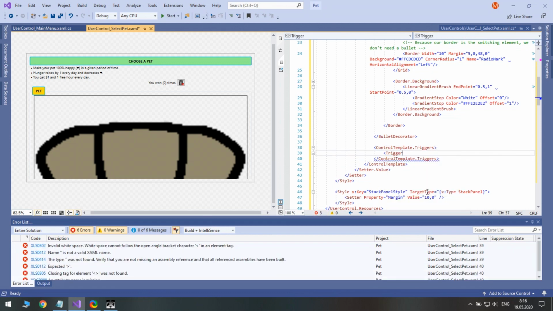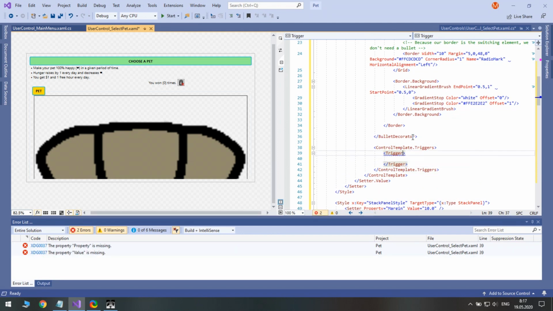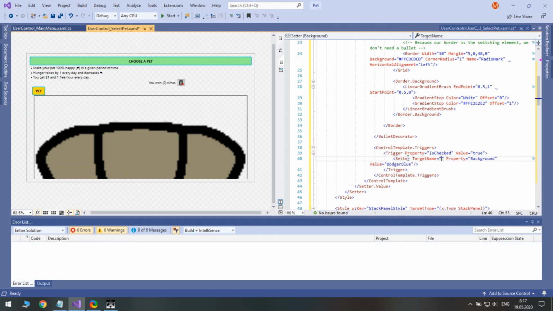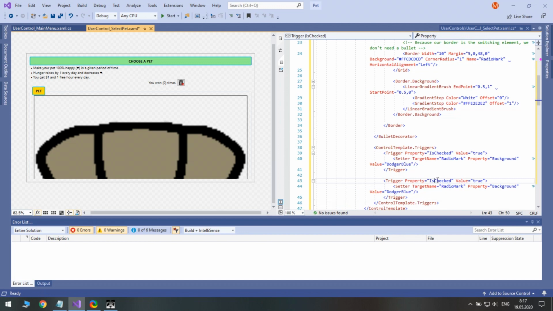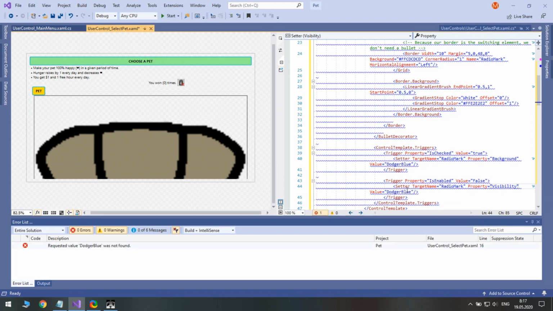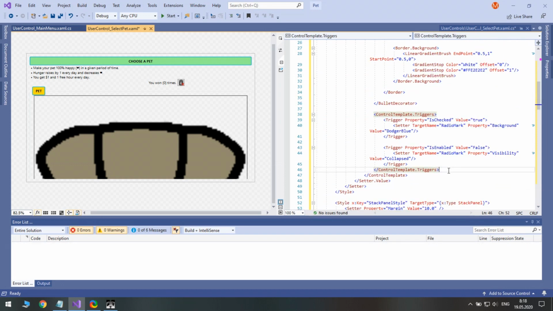Let's make the radio mark blue when the radio button is checked, and also collapse it when the radio button is disabled. Well, that's it for the control template.